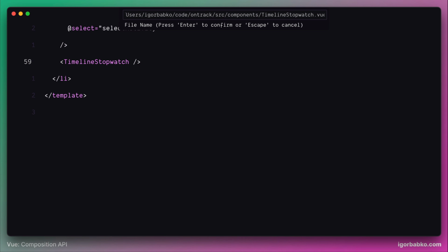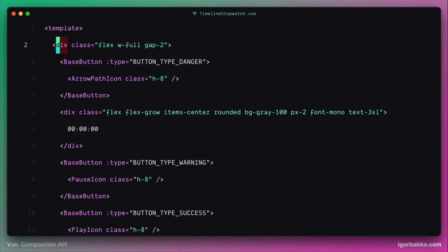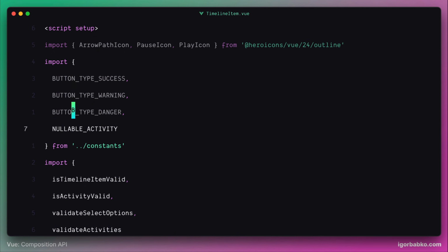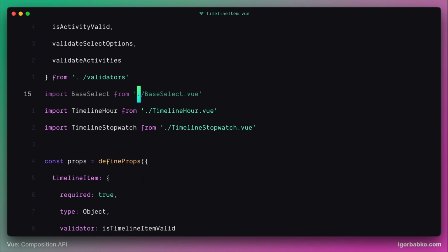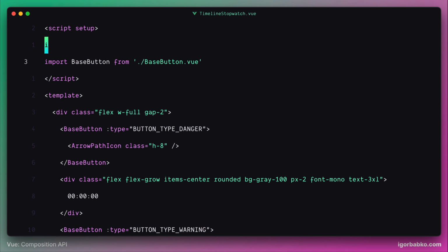In here we'll create a template tag and paste the following markup. And now to use this component, we have to go back to the timeline item component and add the necessary import of the timeline stopwatch component. And of course, we also have to import all those components that are currently used within the timeline stopwatch component. One of these components is base button, so let's add a script tag in here and paste the base